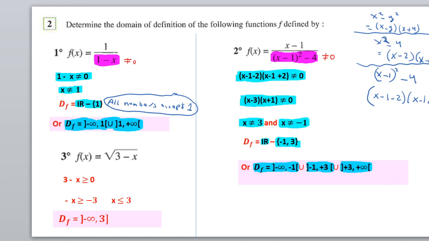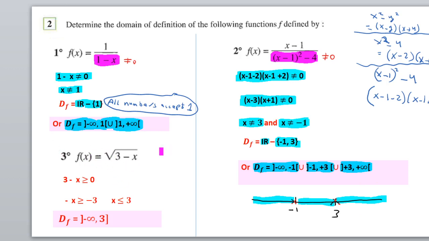Okay, it looks like the example that we did before. If this is minus 1 and if this is 3, so x could be all the numbers except minus 1 and 3. Any number here is accepted, but minus 1 and 3 are rejected. Okay, so this is the domain of definition. We just write it like that. Right. Number 3,